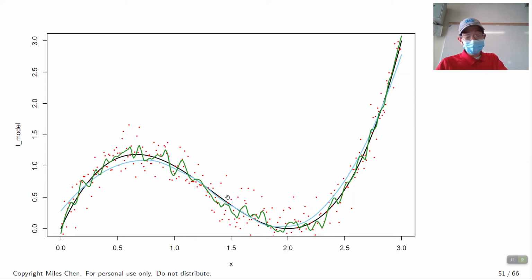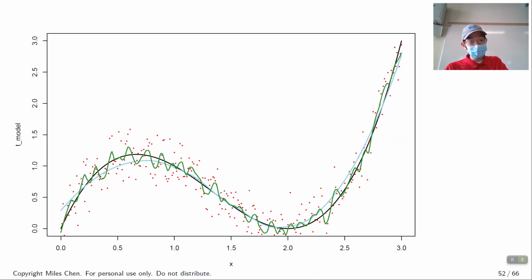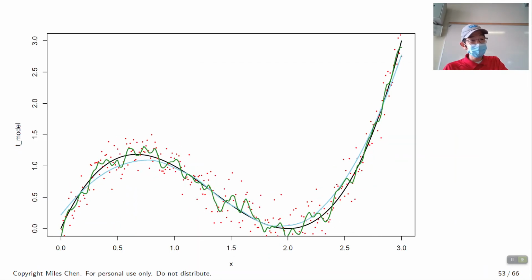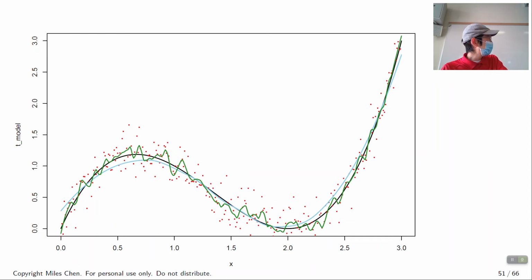And so the true relationship is in black. We have this less flexible model in blue, which ends up fitting here. Down here it's below the true relationship, and in green we get this very flexible model, okay? This is random data, okay? I'm going to fit using the same true relationship. So you'll see the black line remains the same in all three of these graphs, okay?